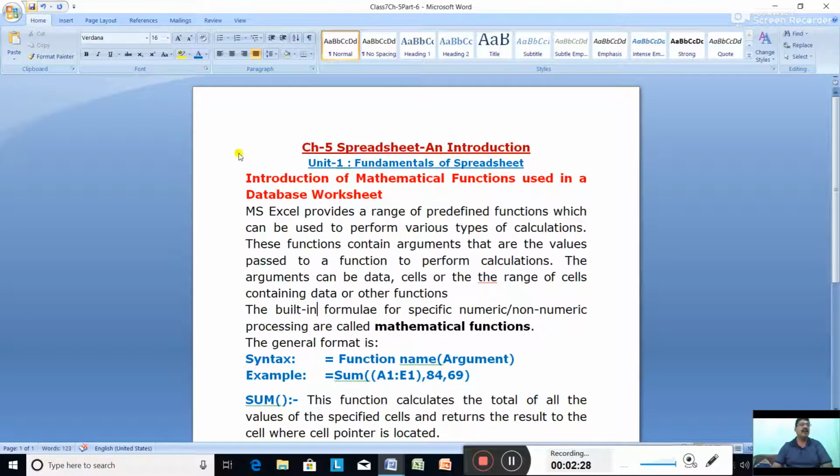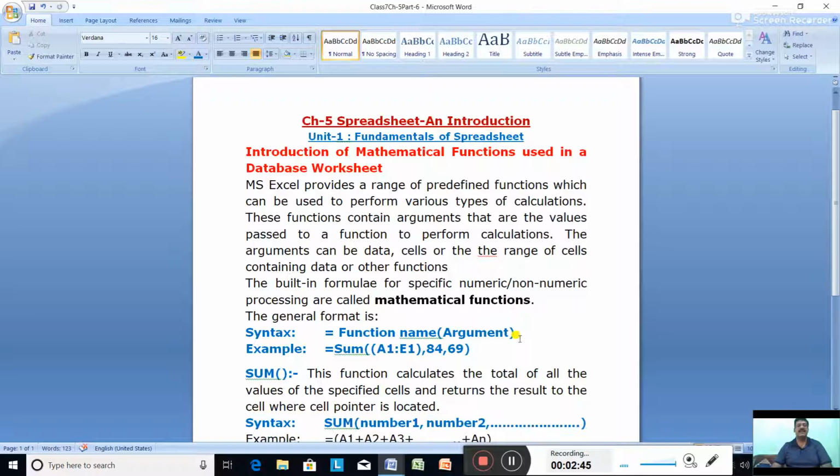So if the question is asked, what are mathematical functions, then what will be the answer? The built-in formulas for specific numeric, meaning numbers, or non-numeric, meaning not numbers, processing are called mathematical functions.